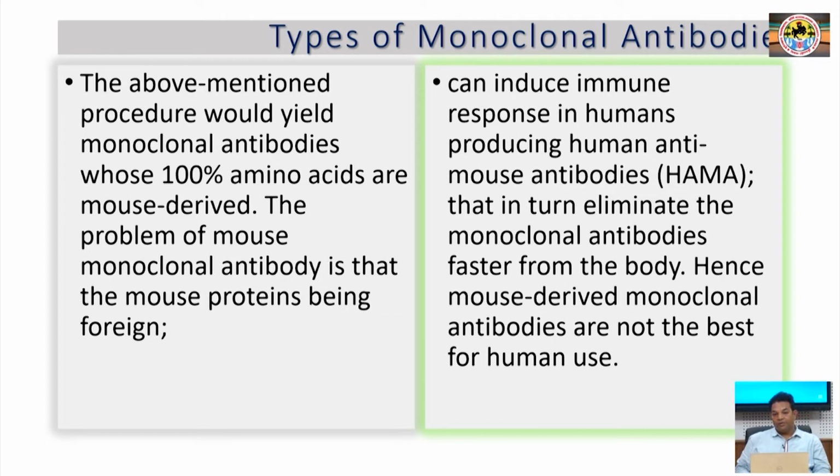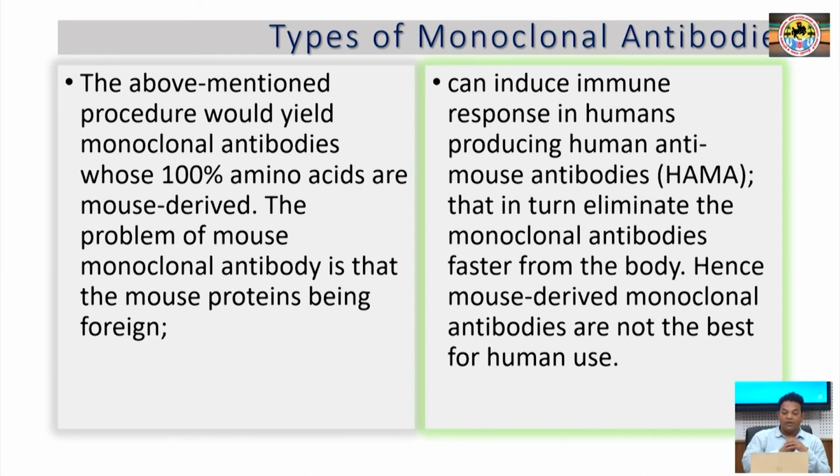Now, we are coming towards the types of monoclonal antibody. We have to clarify this, because we can produce an antibody with the help of animals. Once we produce the antibody from animals, if we inject it into a human being, it may be treated as a foreign particle. So, it may or may not be accepted by our body. On that basis, particular types of antibodies are very important.